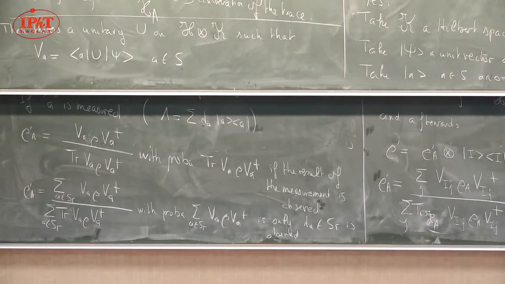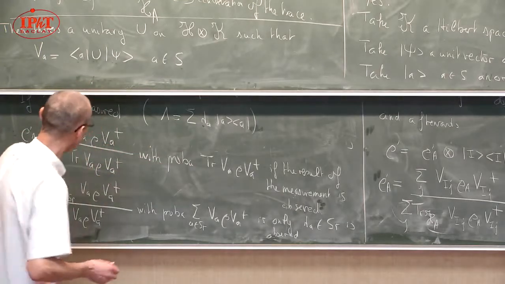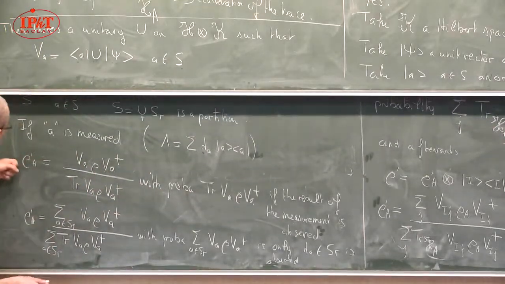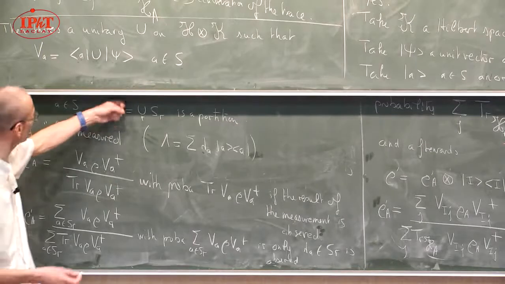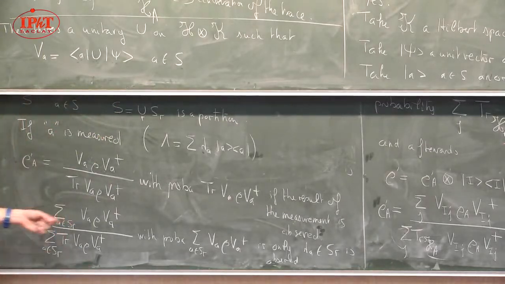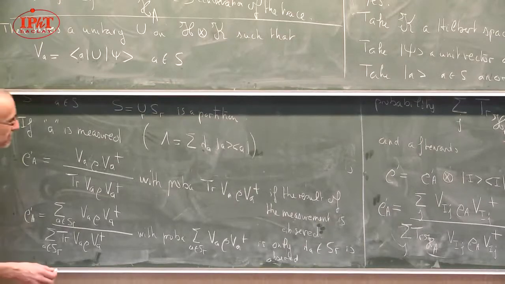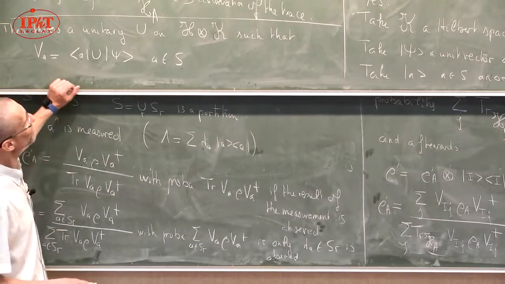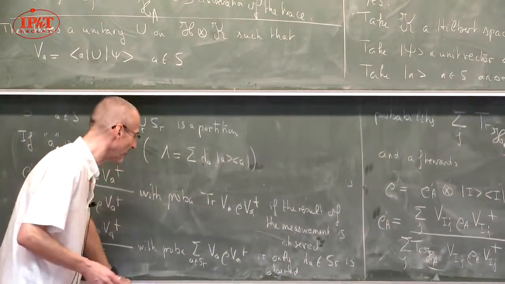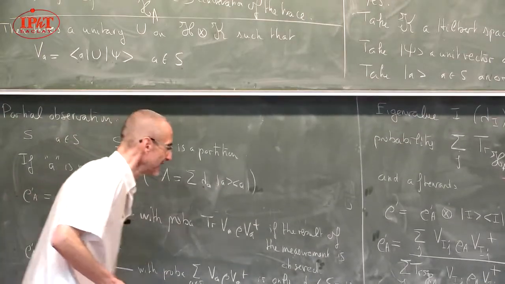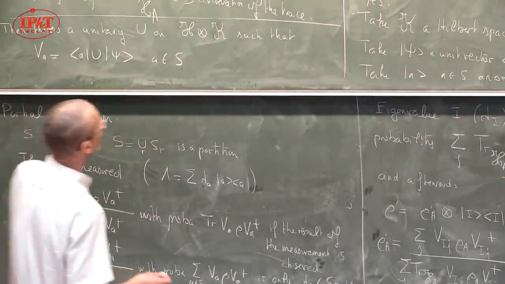So these are two possibilities, and the extreme, as I already said, of course, if you take for the partition the singletons, you recover this, and if for the partition you take only S itself, you recover purely the average. Okay. So what I wanted to stress is that, in fact, if you look at this formula, you see that at the level of